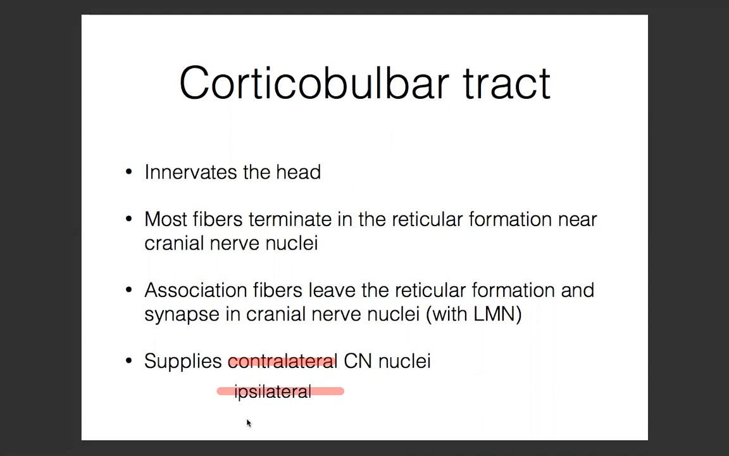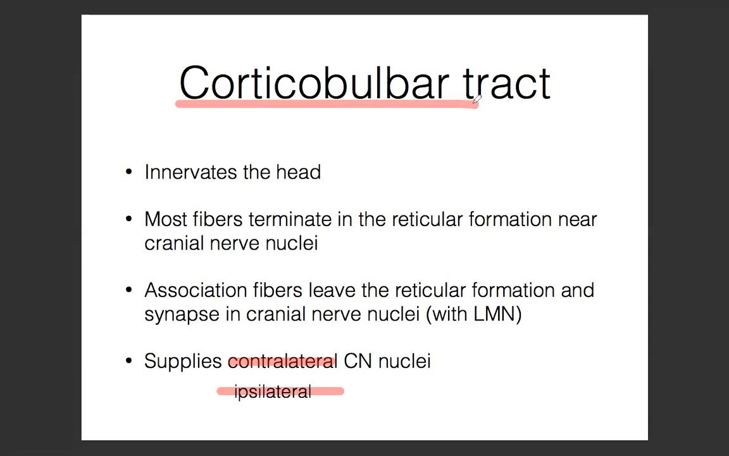Contralateral means on the opposite side. Ipsilateral means on the same side. So basically, a corticobulbar tract is supplying a contralateral cranial nerve nuclei. So the facial nerve, for example, a cranial nerve nuclei on the right side is supplied by the corticobulbar on the left side. Make sense, يا جماعة؟